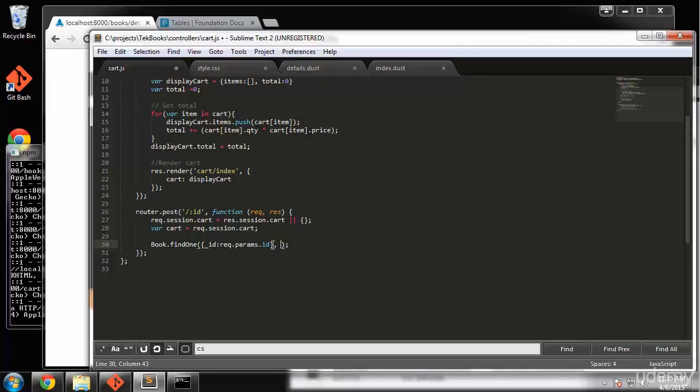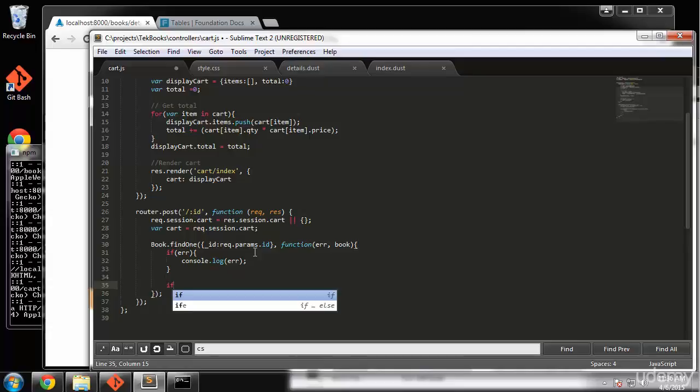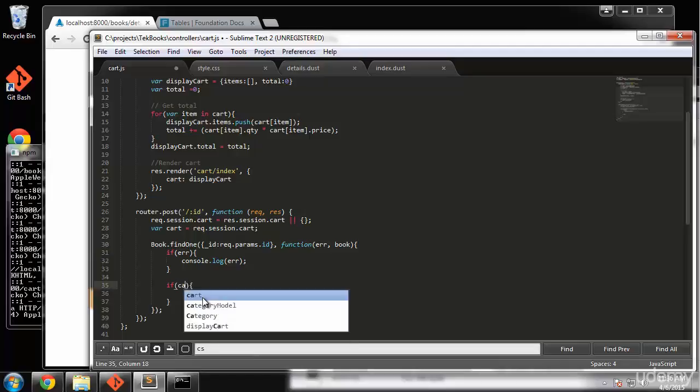Alright, and the next is going to be a function. And that function will get a request and response. I'm sorry, this function will get error and book. Alright, now we're going to say if there's an error, then simply display it in the console. Alright, and then directly under that, we're going to say if cart